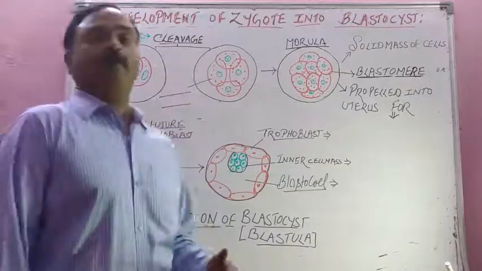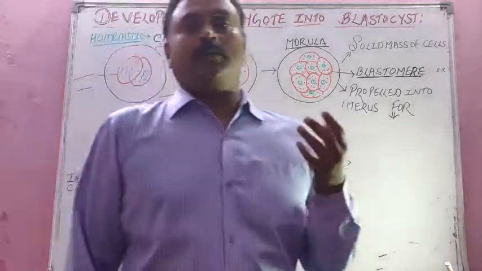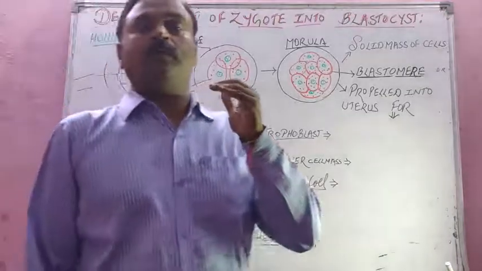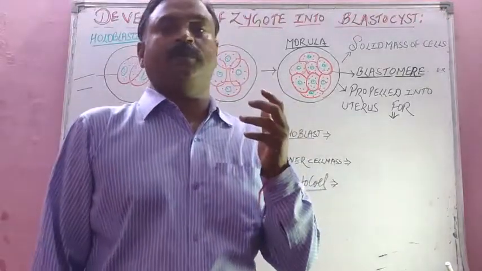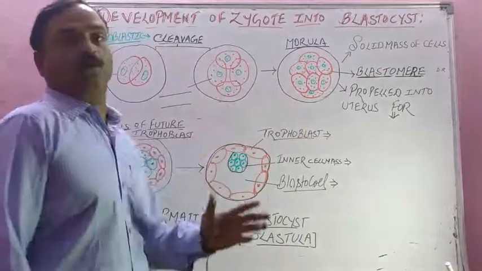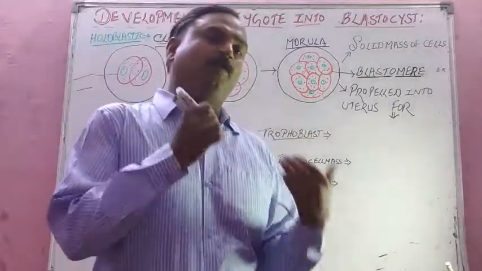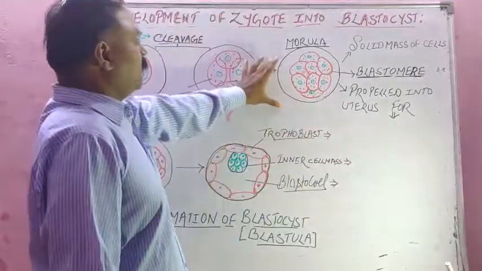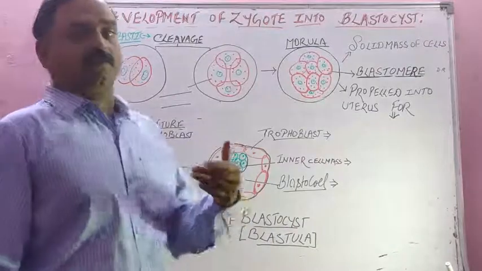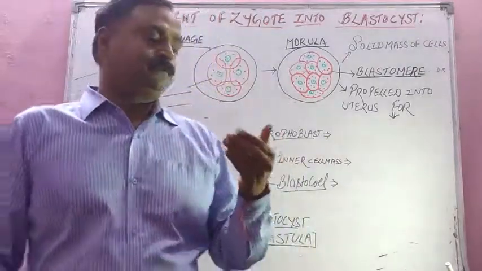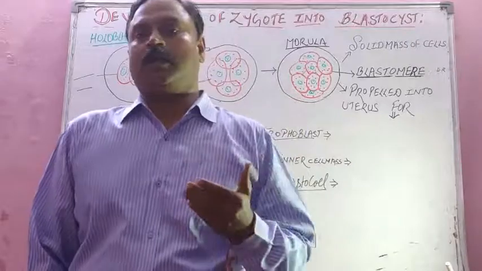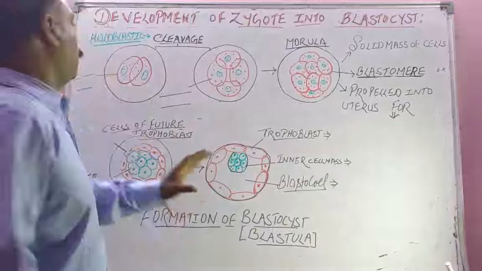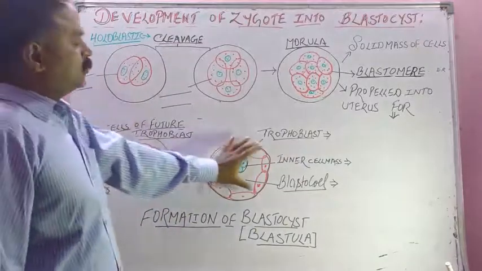Student, this question, development of zygote into what we call blastocyst. This is the course up till the stage of blastocyst or blastula, isn't it? This is very important for your practical also, because slides of the morula stage and blastula stage are kept in your question number 3 practical in spotting. So please pay attention. The question is development of zygote into blastocyst.